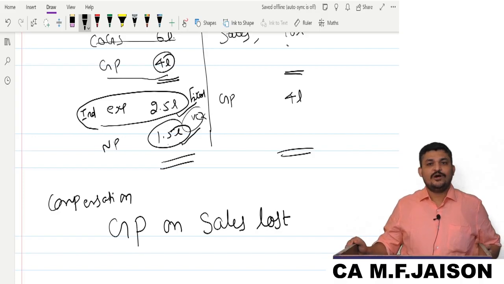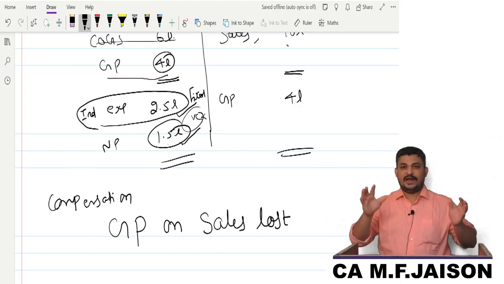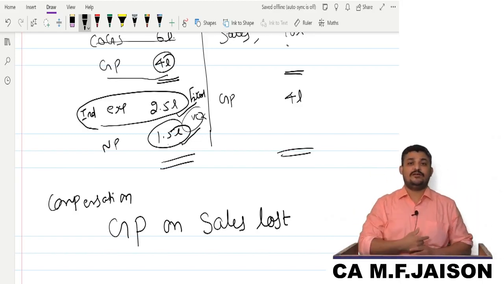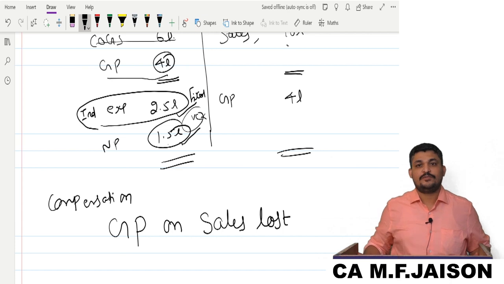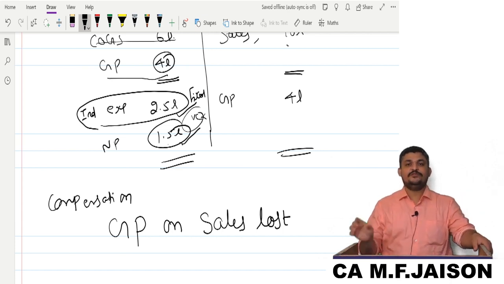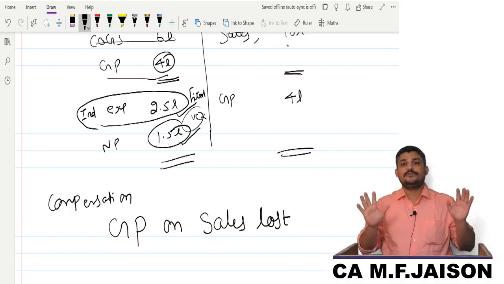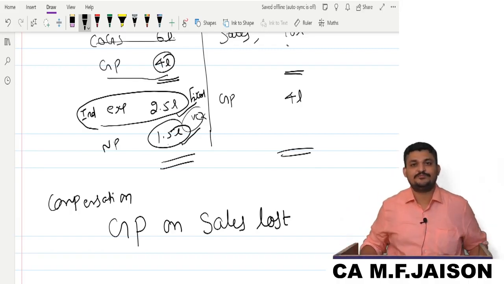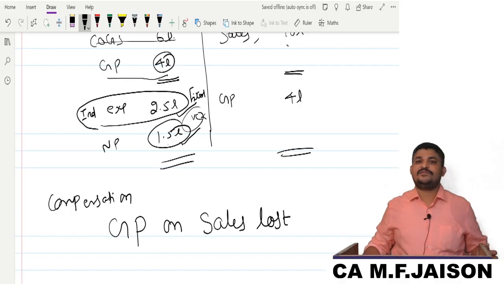So you have taken a policy for the loss of profit. It is not a separate fire insurance policy. Under fire insurance, you have taken a separate policy called the loss of profit policy. In this policy, you expect the profit that you lose to be compensated. My question was, which profit? Is it the profit before fire or after fire?